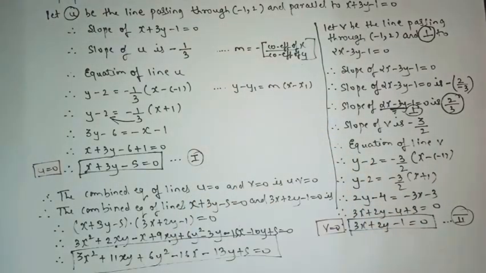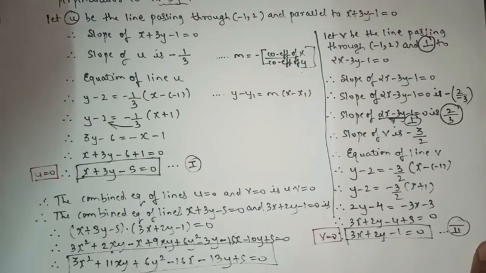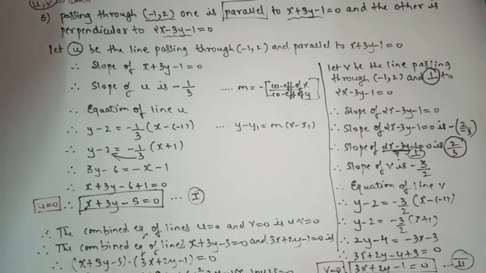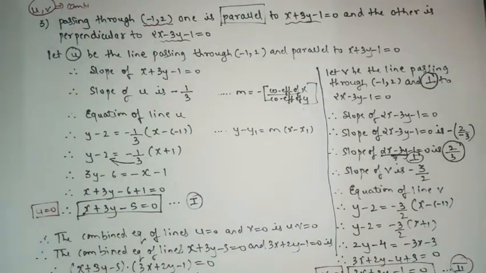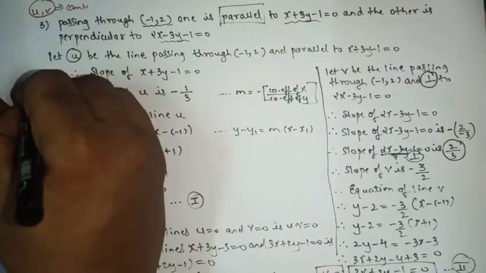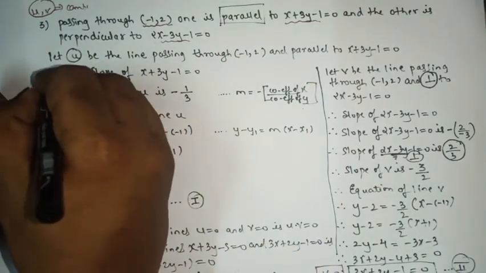If you want the reason, you can write. You might be thinking, sir, it is a very big sum. Is there any alternate method to find the answer? An alternate method is there for the CET level, which we cannot apply in our HSC board examination. So this is the proper way in which you have to present. As I said, this is an important question, and the weightage for this sum is 4 marks.